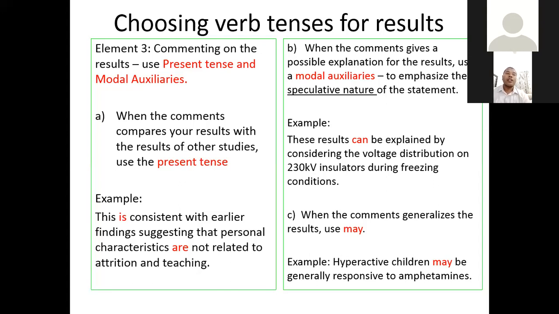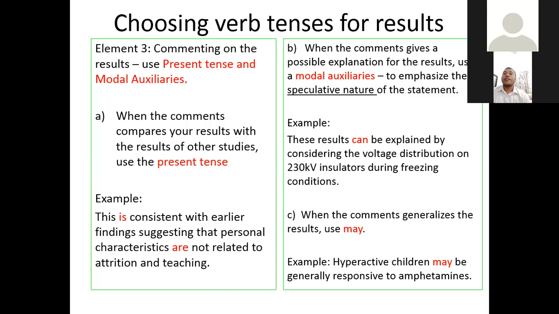Sensitivity is different. PCR is more sensitive than selective agar. Okay, so when you write in the elementary, you can use present tense. Past tense is only for present tense or modal auxiliaries. Examples of modal auxiliaries we're going to discuss after this. Okay, fine. Example: this is inconsistent